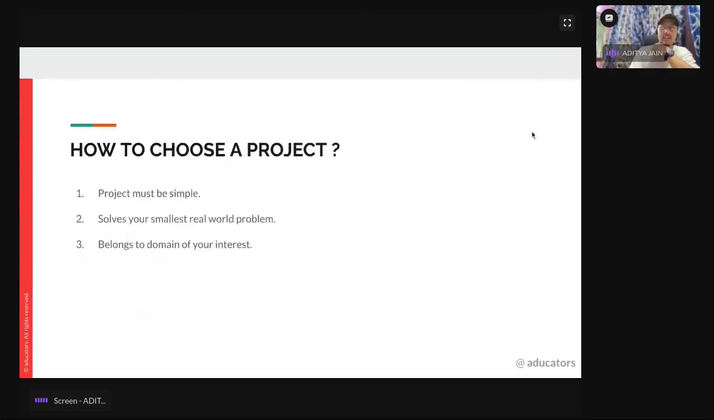Okay. So now let's see how to choose a project. Till here we have learned everything, and we have everything that is required. We have programming tools, we have coding knowledge, we know some programming language. Now it's time to create your project, and it is very important to choose your project from your domain. So I already read the third point first, which is choose a project that belongs to the domain